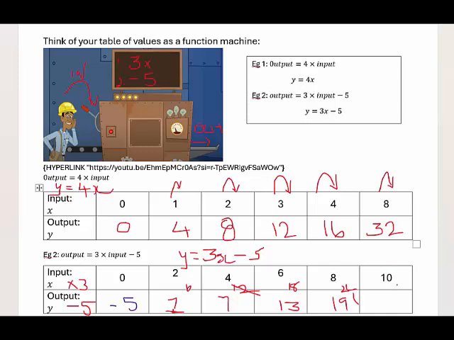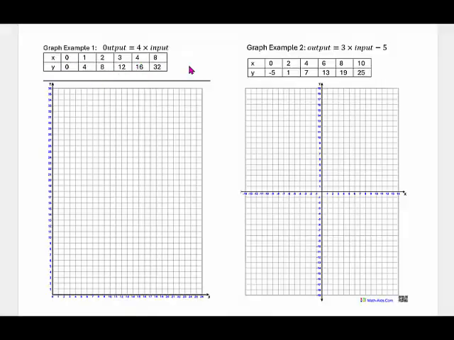10 times 3 is 30. 30 take 5 is 25. Hopefully yours will be much neater than mine. So now you just need to plot them. This has just been written out nice and neat. So remember this one,